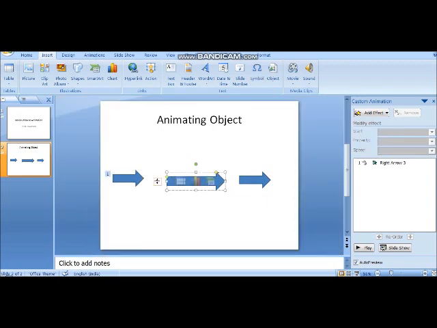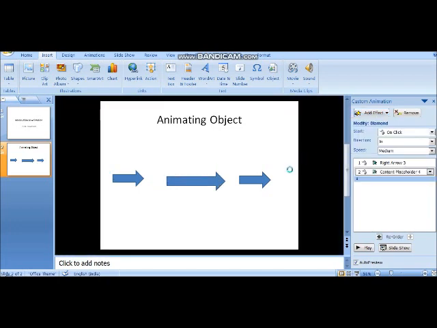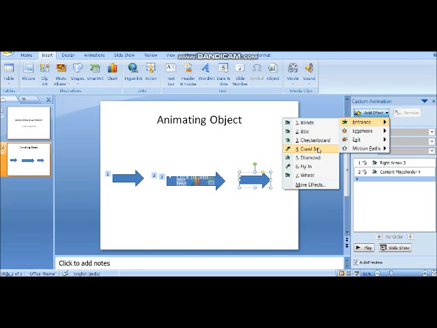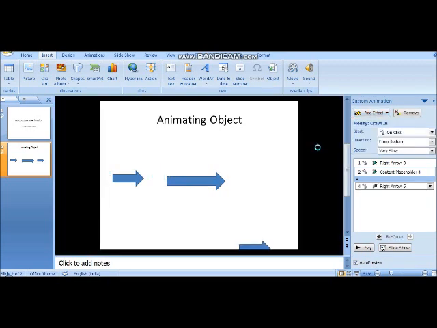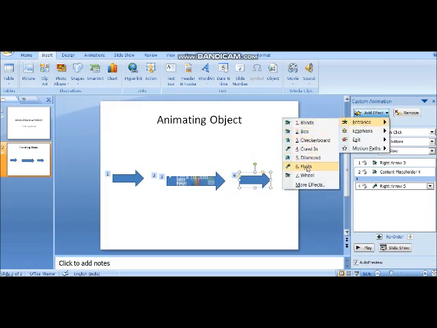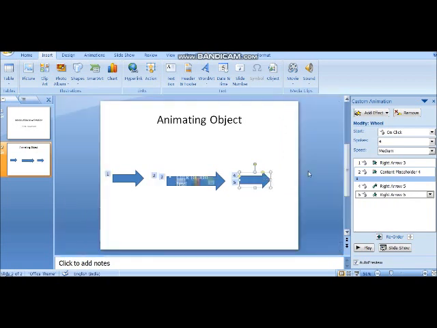Again I want to give some animation to this object at the time of entrance. This will be your second. And afterwards I want to give entrance. Now let us see how it will look when you play.